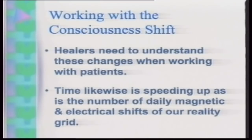Now, beside our physical shift, which is integrating our mental, emotional, and spiritual energies with our physical energies, time likewise is speeding up, as is the number of daily magnetic and electrical shifts of our reality grid. So, what is happening? If you were to look at the day, it seems like there's still 24 hours, 60 minutes, and 60 seconds, etc. What's really happening is,